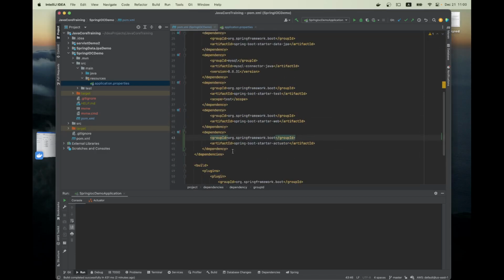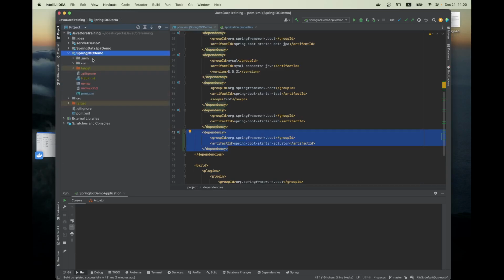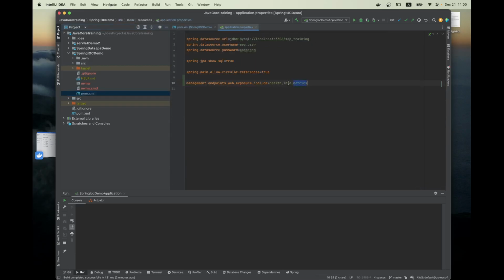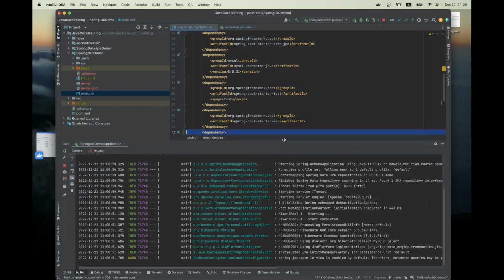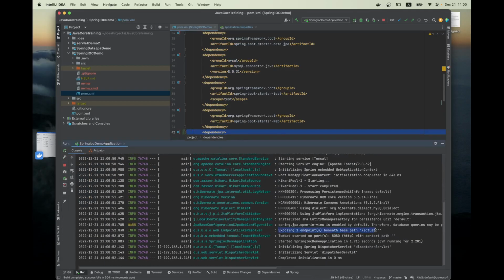All we need to do is, first of all, add the dependencies. In the Spring Boot project, in the pom.xml, just put this actuator starter under the dependencies section. Then we need to add what kind of information we want to expose using HTTP or JMX. If we don't have this configuration, just have this one, we can start the project. By default, it will give this